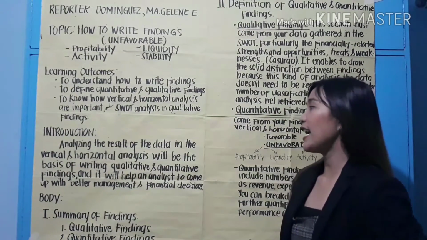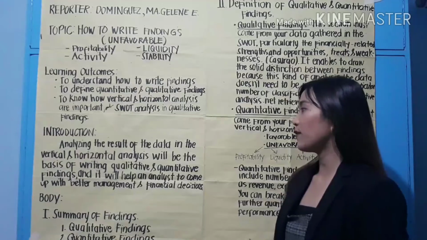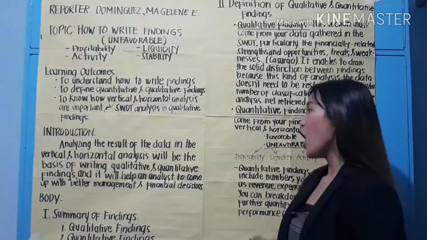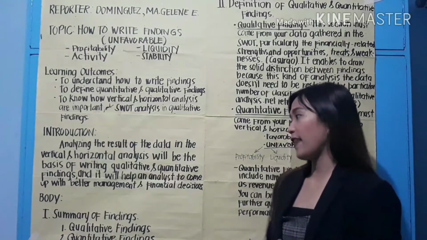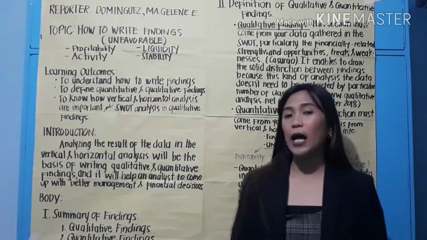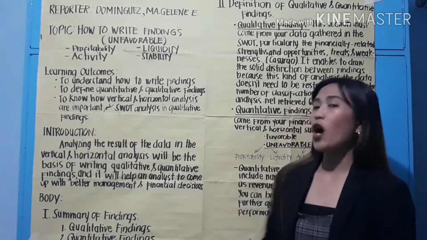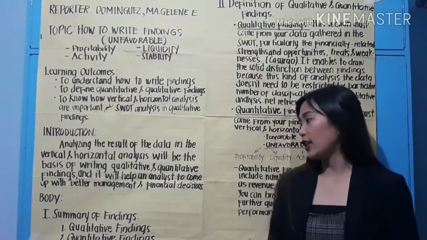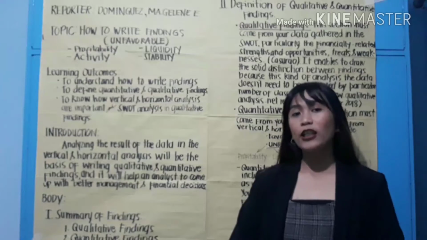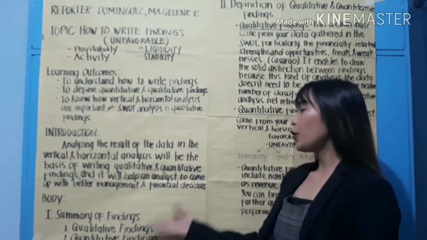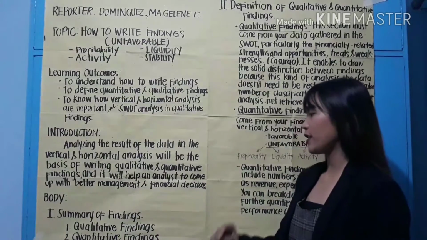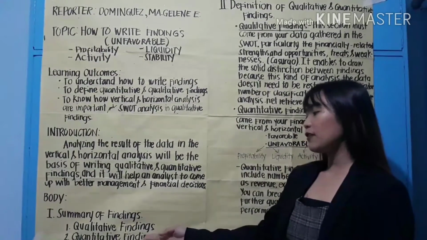Introduction: analyzing the result of the data in the vertical and horizontal analysis will be the basis of writing quantitative and qualitative findings. It will also help the analyst to come up with better management and financial decisions. First, we are going to discuss the two parts of summarizing the findings, wherein it is the qualitative findings